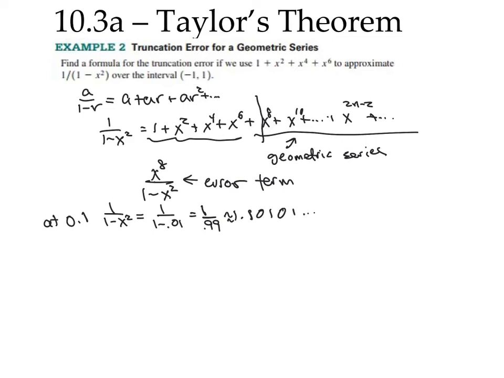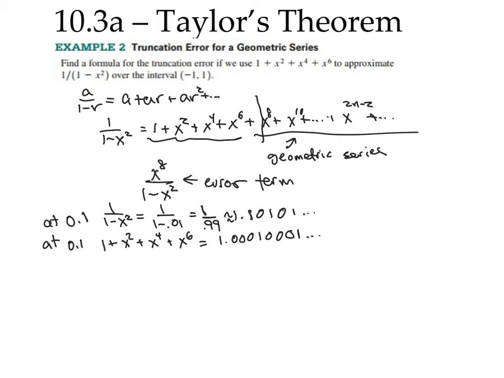How about the next piece? At 0.1, 1 plus x squared plus x to the fourth plus x to the sixth, which is the sixth degree polynomial we're using to approximate 1 over 1 minus x squared, that turns out to be 1.00010001, and you'll notice the actual correct answer, 1 over 1 minus x squared, versus the other, they're off by